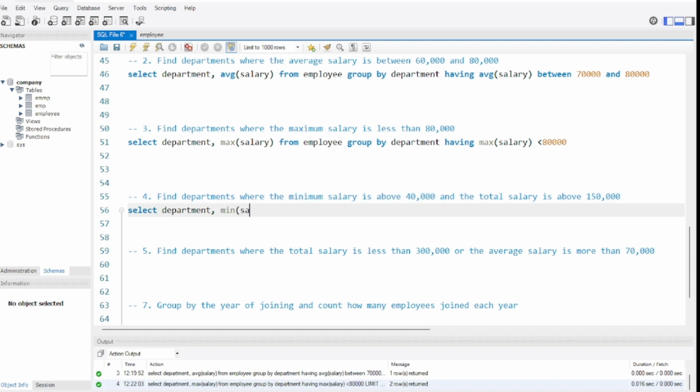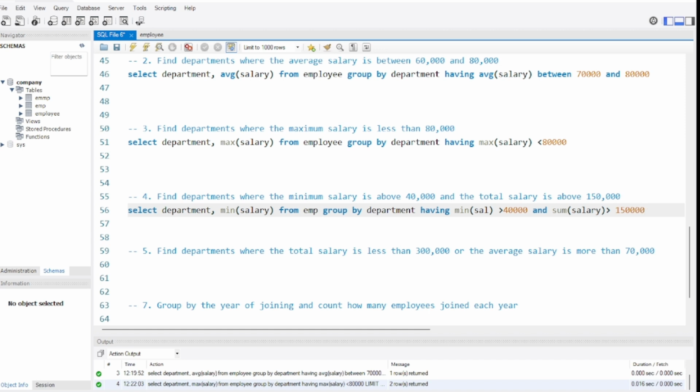So min of salary from the table name, group by as per the department you want to see. Now you have to give the condition. So having minimum of salary is above, that means greater than 40,000, and total of salary. So you have to calculate sum of salary is above